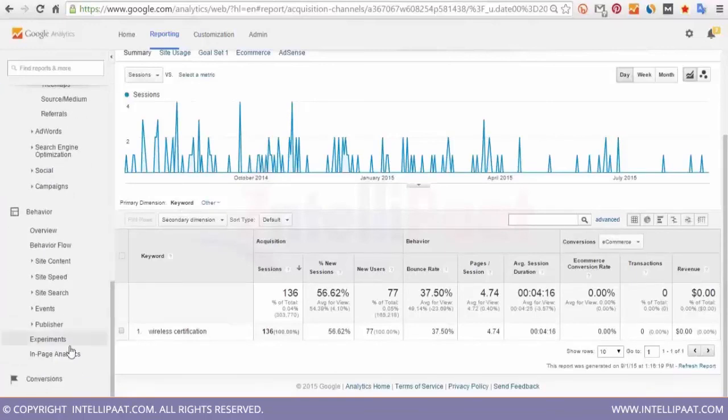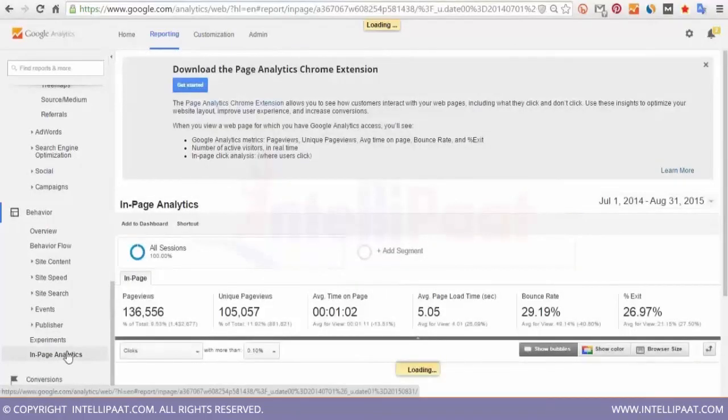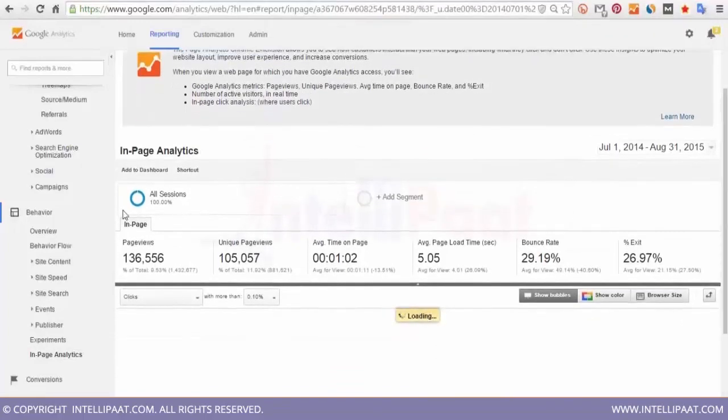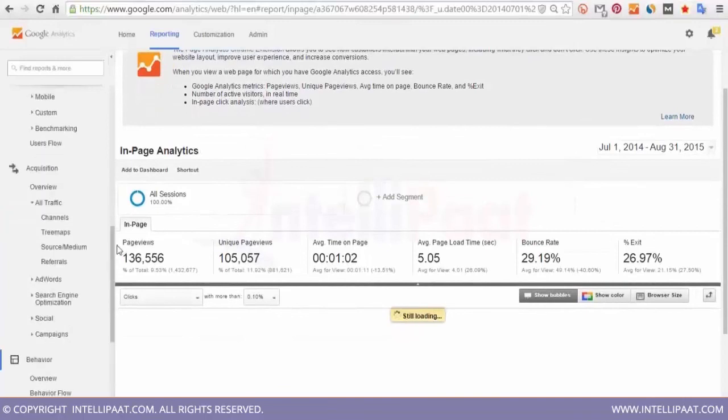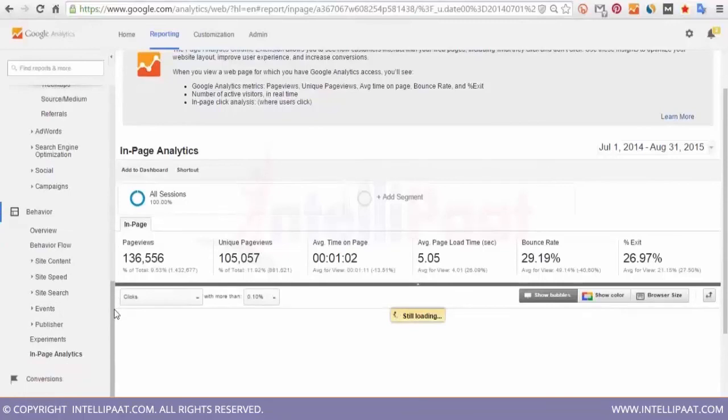All right, so that's the channels part, guys. The last thing I would like to tell you about is the in-page analytics within Google Analytics. On the left hand side, like we had the audience tab and then the acquisition major tab, similarly we have a major tab by the name of behavior. I would click on behavior, and underneath behavior you have the in-page analytics, right? That's the one. When I click on in-page analytics,